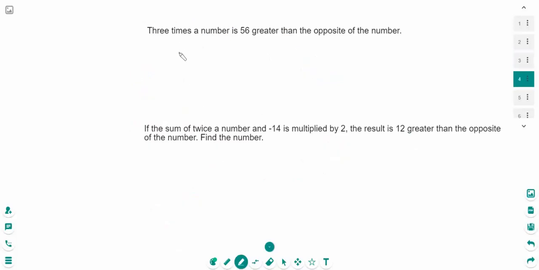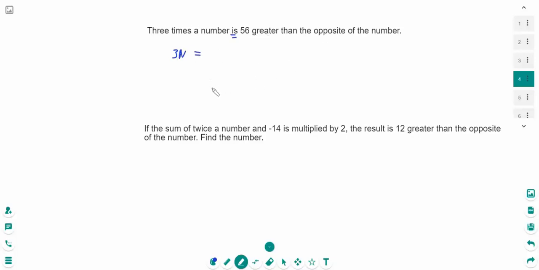So here we have 3 times a number is 56 greater than the opposite of the number. All right. Why don't we pause the video again, try this one on your own, and we'll do it together. All right. So let's select a color here. 3 times a number. Well, that's getting pretty old now. We know what that's meaning. That means 3 times n, right, is, well, there's our equal sign, is 56 greater than the opposite of the